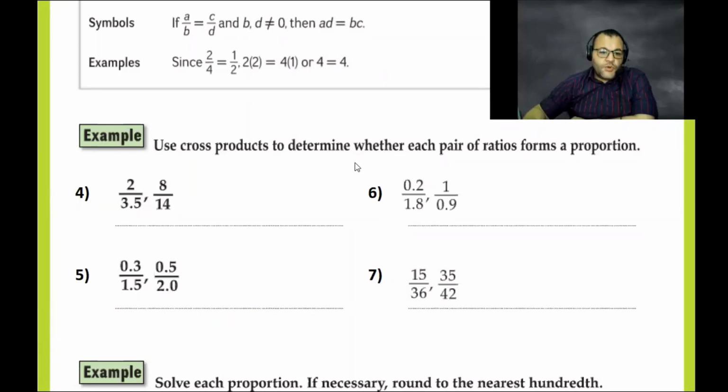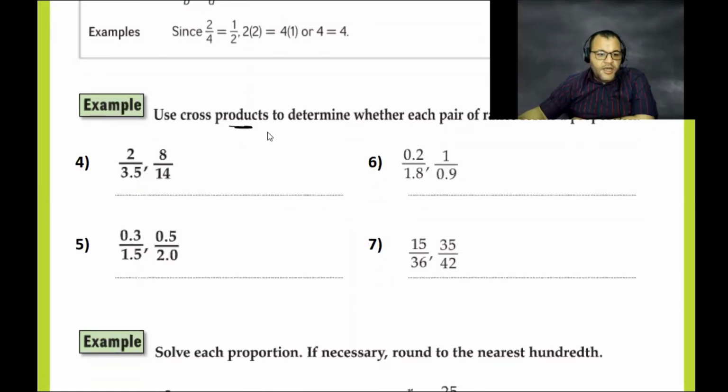Okay. Use a cross product to determine whether. What is the meaning of the cross product? Cross product is multiplying the means and multiplying the extremes. So, can anyone tell me the order of the quantities that we have for this one? How can we write the order to know the means and extremes? Yes, so means are equal to extremes, so it would be 3.5 times 8.